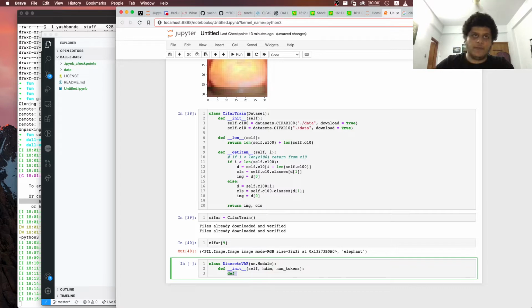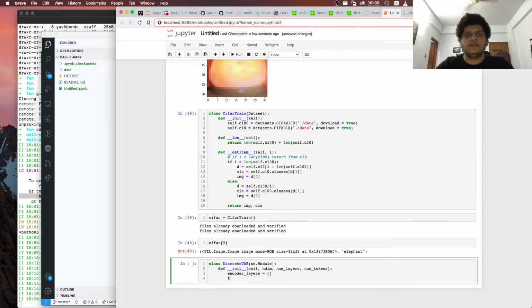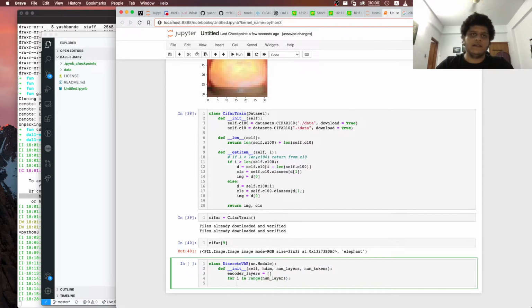The next thing we need is the number of layers. So you're first going to have encoder layers. So for i in range(num_layers),